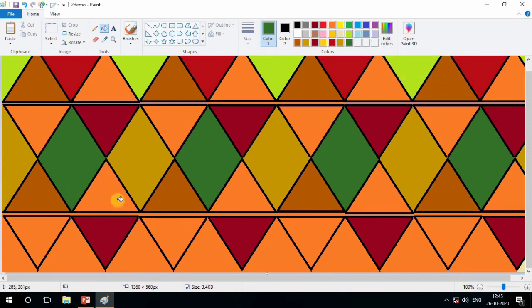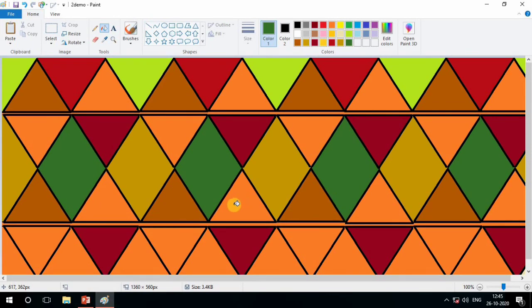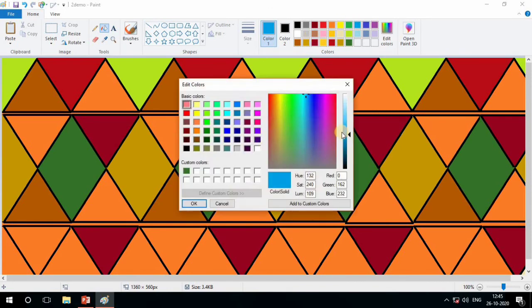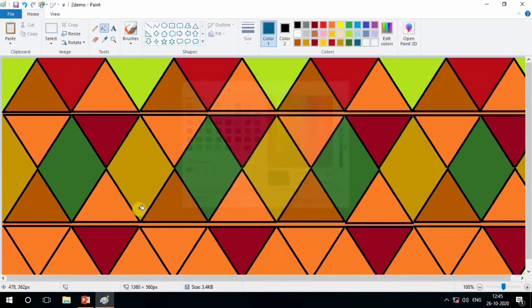Now see, come here to this line, so change the color if you want. I think we have to change its color, so take another shade and edit this shade, add one, okay. Now fill in this shade.